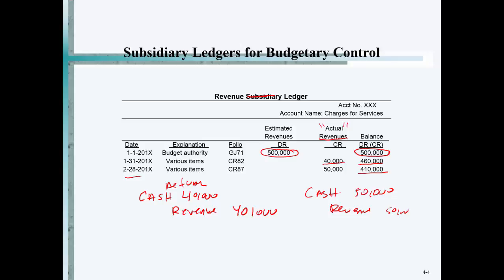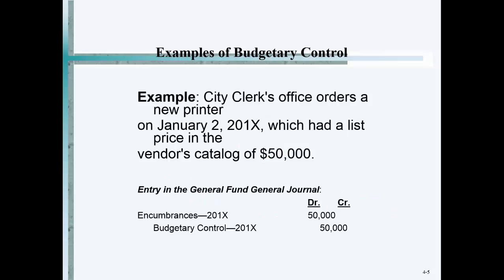You issue some more fishing licenses the next month, whatever. You debit cash, you credit revenue. That's going to be what? Now we got 410 left to go, right? So by debiting estimated revenue, it sits there as a placeholder against our actual revenue as we credit. And at any point in time, this government can tell you where they stand against the budget, right? Okay. Now, when we come back from the break, we're going to talk about the appropriation and the spending